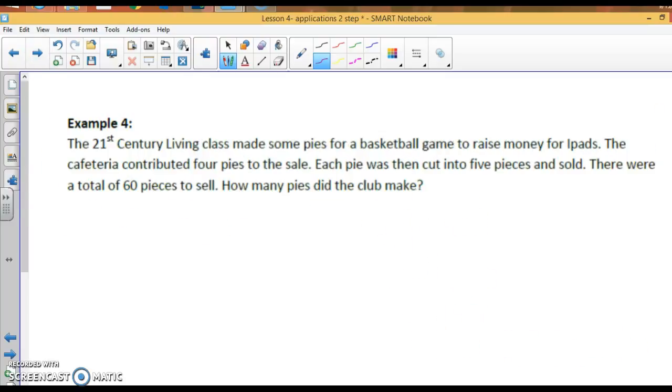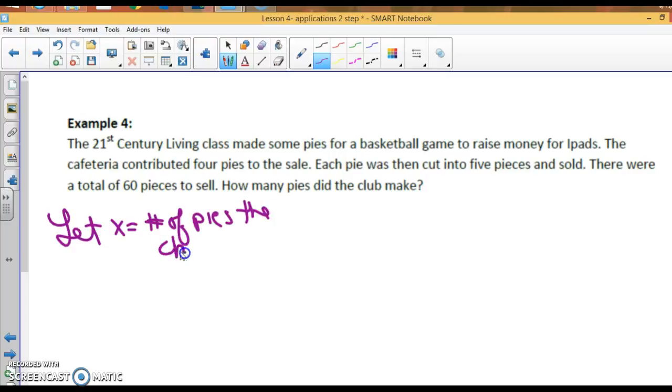The 21st century living class made some pies for a basketball game to raise money for iPads. The cafeteria contributed 4 pies to the sale. Each pie was cut into 5 pieces and sold. There were a total of 60 pieces to sell. How many pies did the club make? So let x equal the number of pies